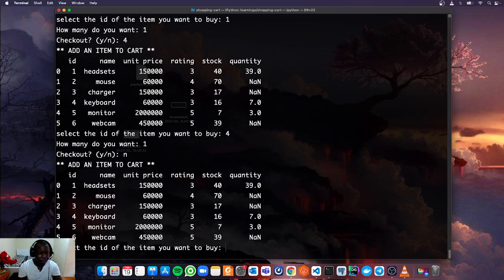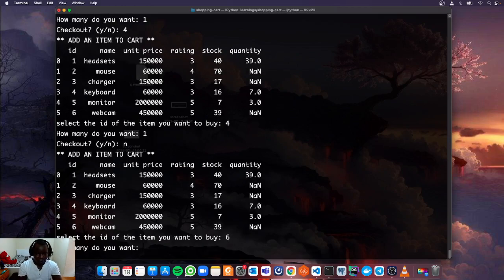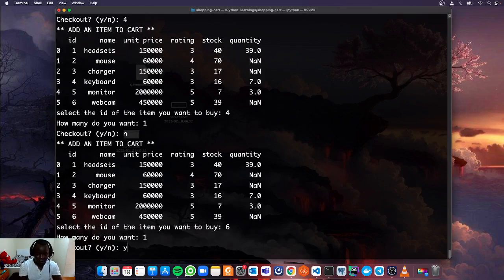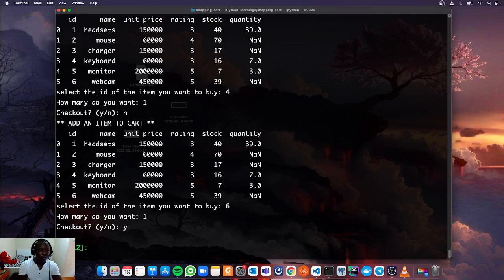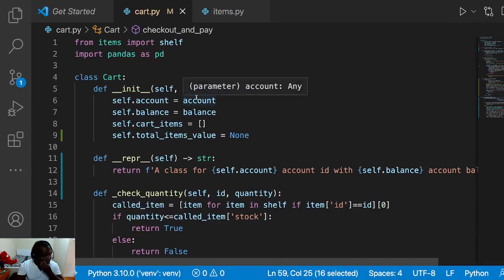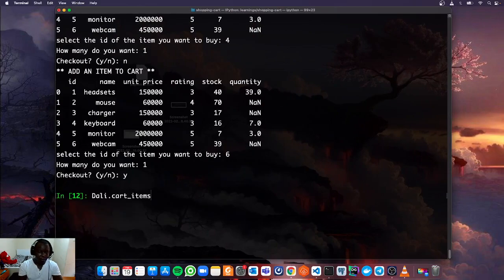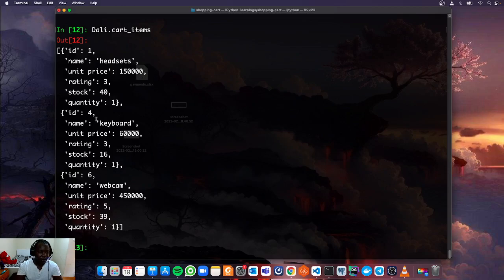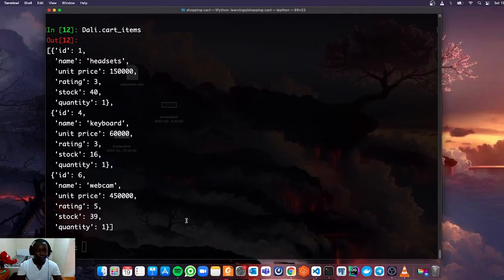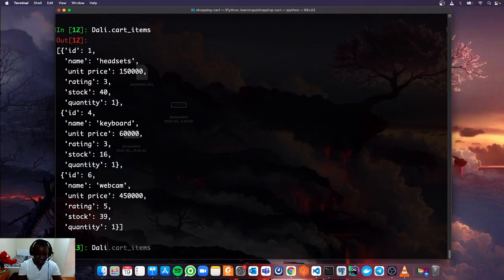The other item I want is a webcam, 6, and the quantity should be 1. Do I want to check out? Yes, I want to check out. So after that, I can check the items that I have, that is cart items. So Dali dot cart items. So I have 3 things. Now I need to check out and pay,